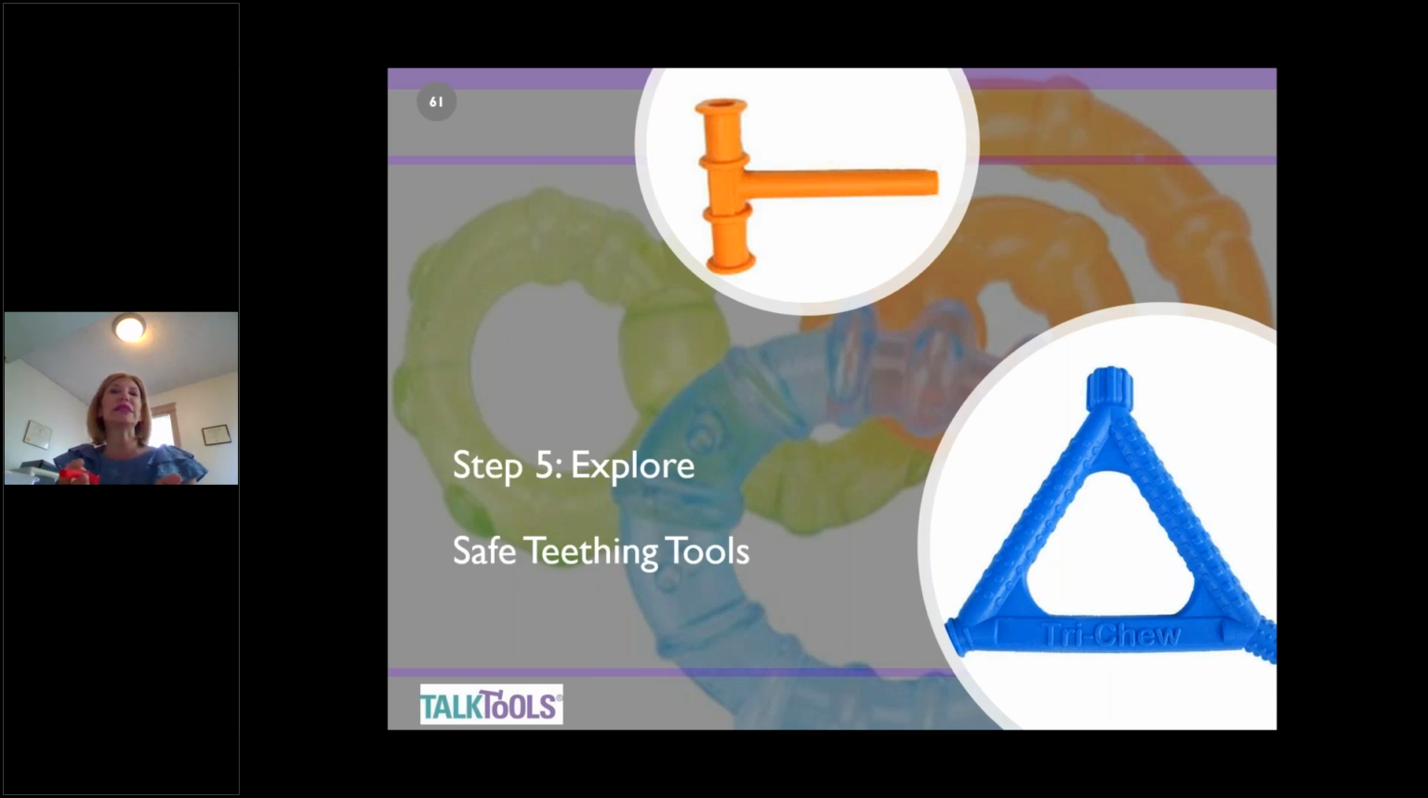As opposed to what you see here, this is a Beckman Tri-Chew, and in the background you see these water rings that you put in the freezer, and it eases teething pain. But you'll notice that there's no free edge because baby has a very small mouth. If they go to put it in too far, they can gag themselves and cause themselves to vomit. But when the tool is rounded off or triangular, they can safely explore it in their own hands,